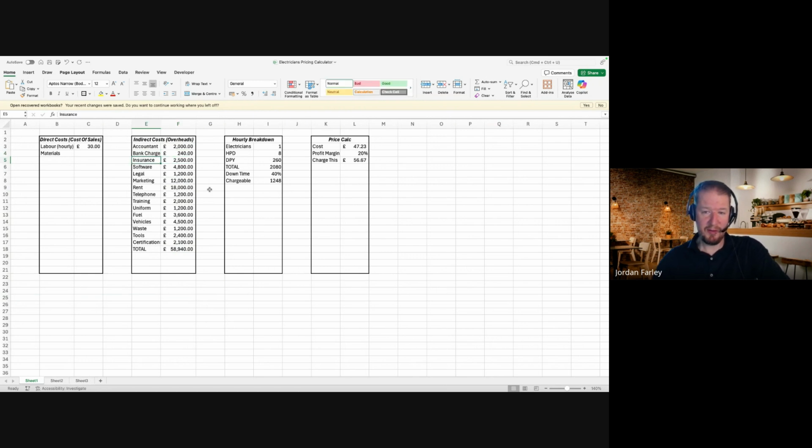Insurance, that's a big one for us as electricians or any trades. You might spend several £1,000s a year for all your public liability, employer's liability, legal protection, all of that lovely stuff. If you're doing tools and van insurance as well, if you're doing solar, you need more insurance. It costs a lot. Software, another big one. You might be using something that's fairly reasonably priced like Tradeify, or you might be on something a bit more expensive like SimPro. But either way, you're going to spend a lot on software every year